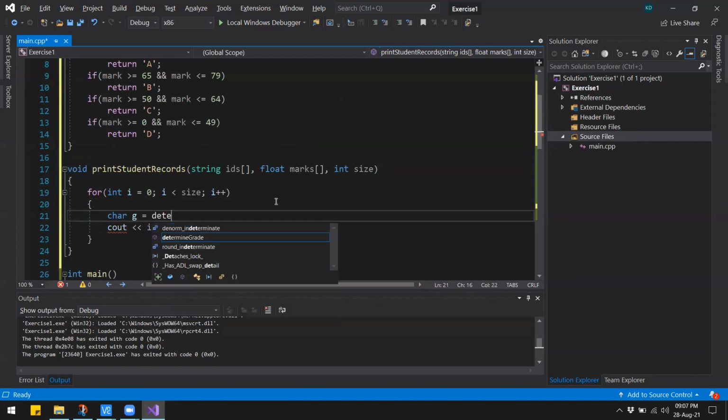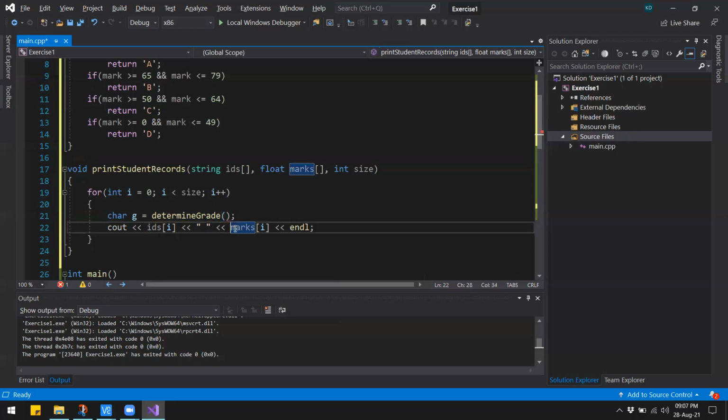I'll call the determine grade function and pass the student's mark to get the grade. So to get the grade, I will have to pass the mark of the current student, right? So when I pass the mark, I will get the grade. So after we get the grade, we can print the grade over here.